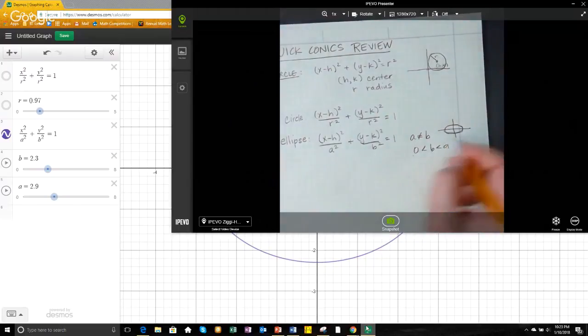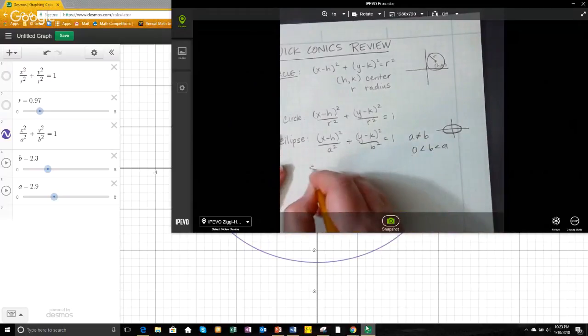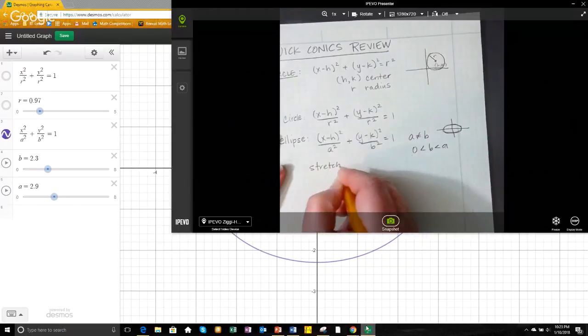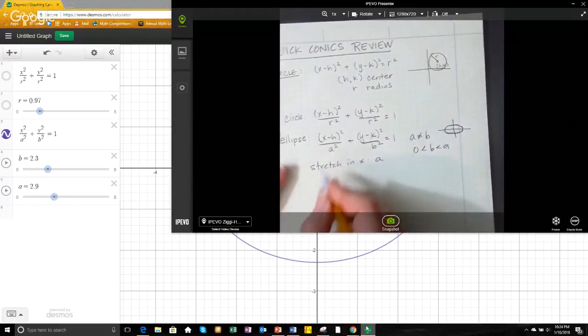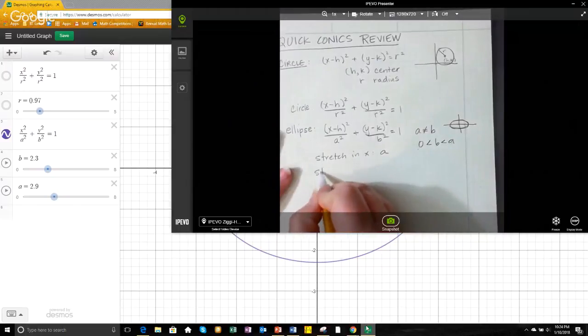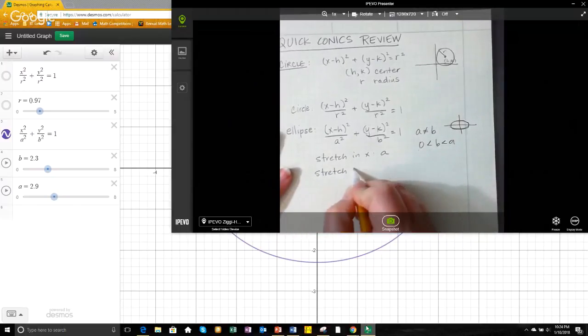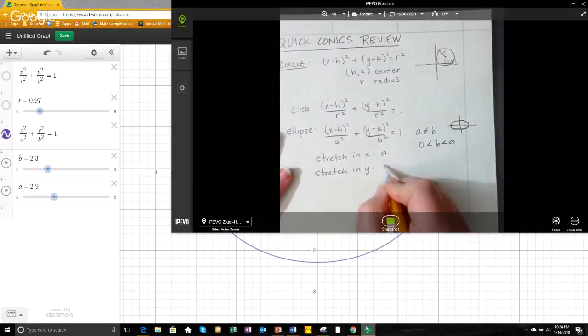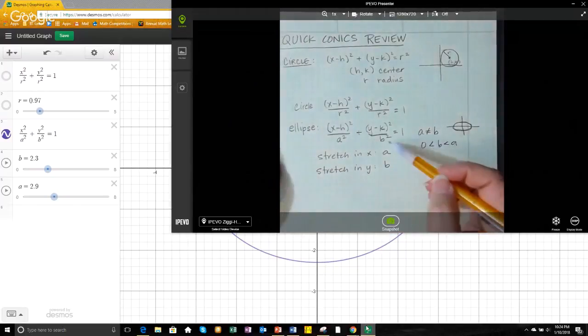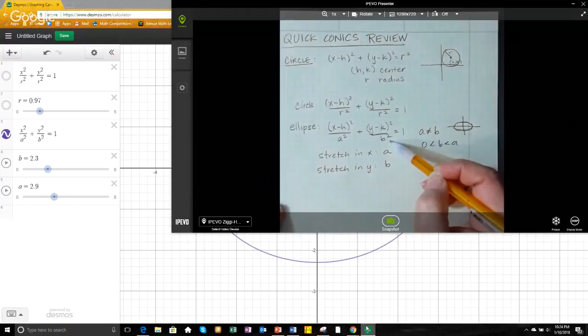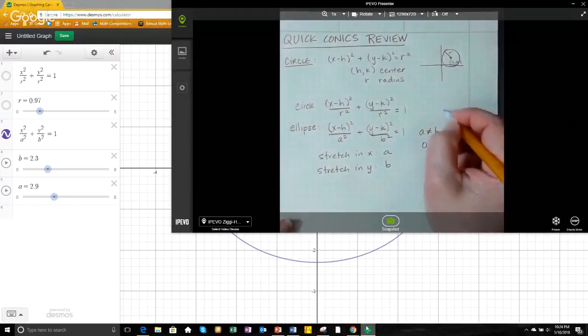And the stretch in the x direction is going to be a, which is the square root of this number. And the stretch in the y direction is going to be b, which is under the y, and it's the square root of this number here. And this is the football